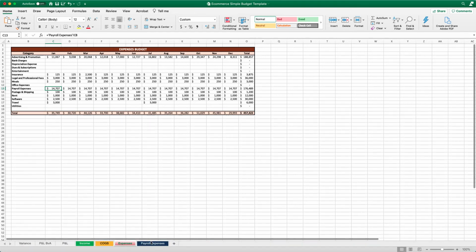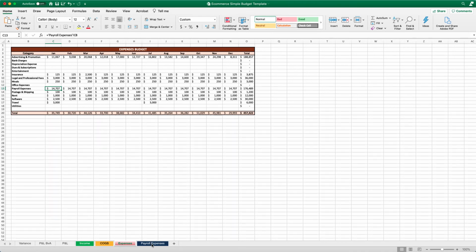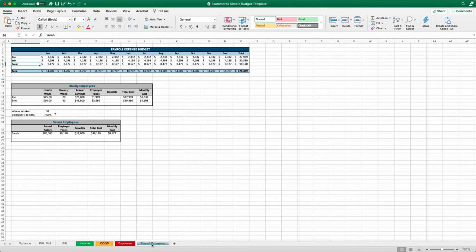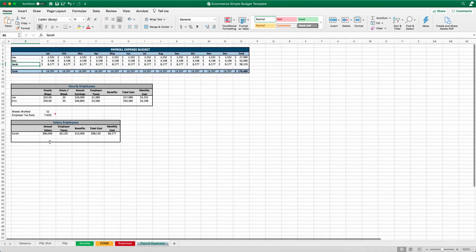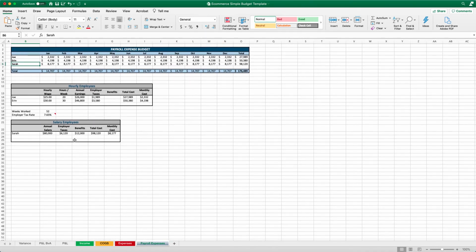So for payroll, I've actually created a separate worksheet and I've put in some sample employees. I'm just saying, hey, this is a small, super leveraged company. We've got a handful of people. Maybe Sarah's the owner. We've got her salary and her benefits modeled in here, and I've got some hourly employees that are working a lot as well. You could simply add in some line items. You put in their hourly wage and the hours worked. I've got an approximate